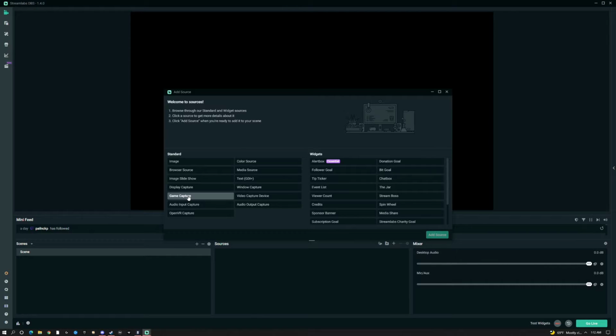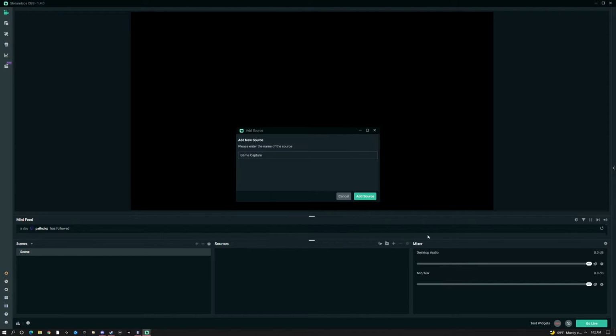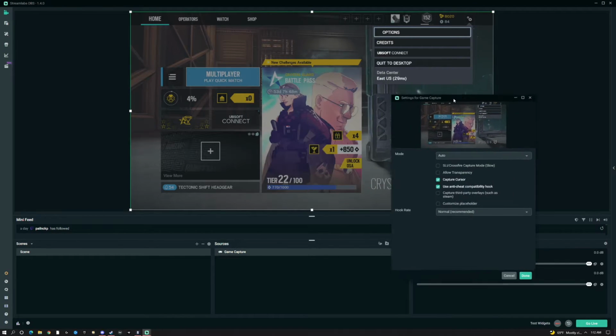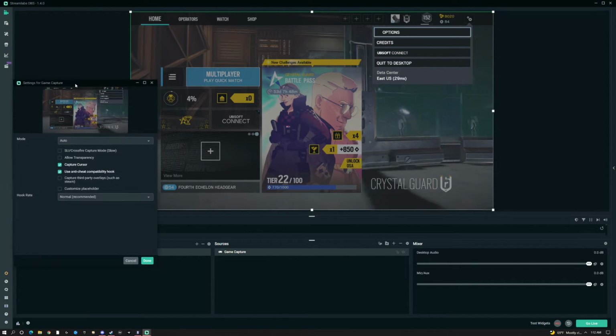Ideally, if you can do game capture, do game capture if you are on single PC. We'll get into console in just a second. So if we go to game capture, hit add source, you can rename if you want to, and then boom. If you have it set to auto, it's automatically just going to grab whatever game it registers as actually